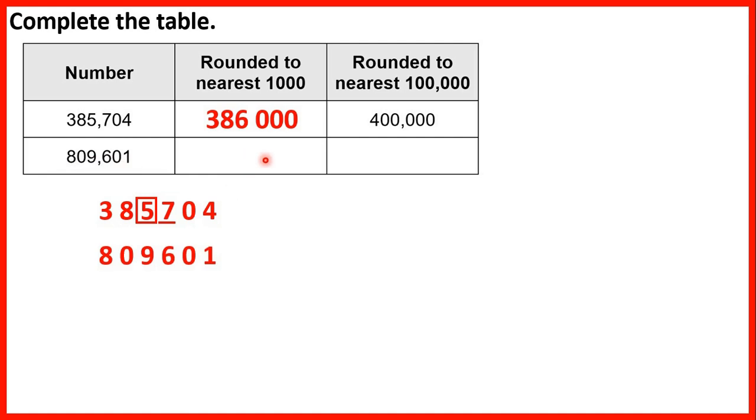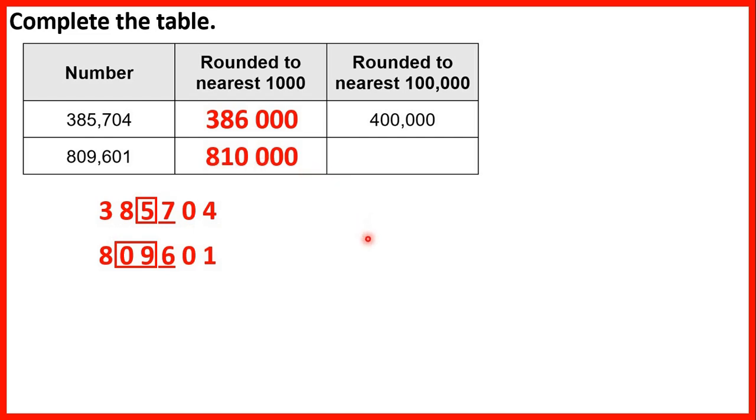Now we have the number 809,601. To round to the nearest 1,000, we find our thousands digit and look to the right, and again it's 5 or more, so we need to round up. But we can only have 1 digit in each place value, and we already have a 9 as our thousands digit. So what we need to do here is circle our 10,000s digit as well. So 09 will become 10 because we're rounding up. The 8 will stay the same, and digits to the right turn into zeros, so we have